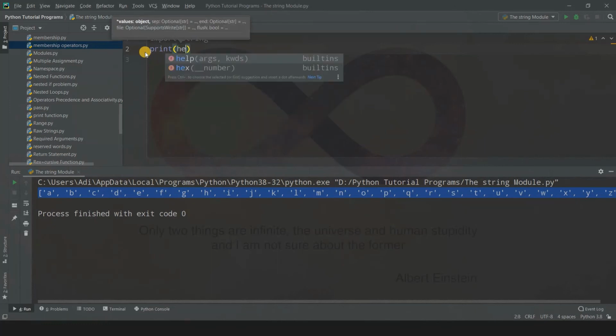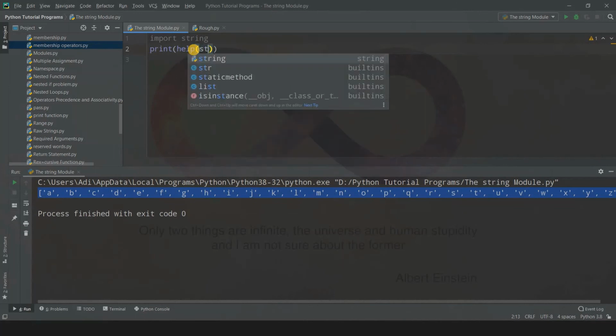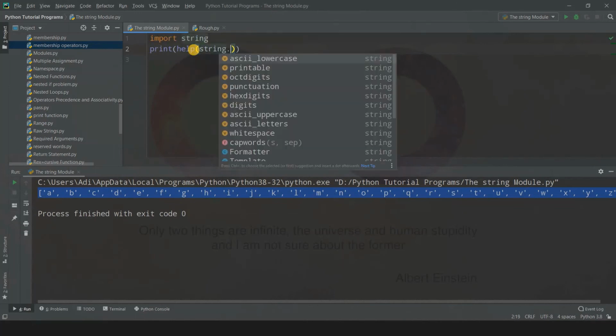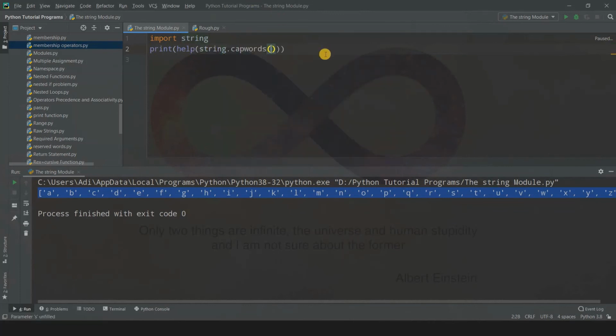But instead of that, it is better that you write print help. You can use this function wherever you want. Actually, I find it really helpful because obviously it is help. So print help, and you can write the name of the function, whatever help you want. Suppose you want to get help with string formatter or capwords. And remember, when you write the function name, you don't have to specify the arguments for this help function.